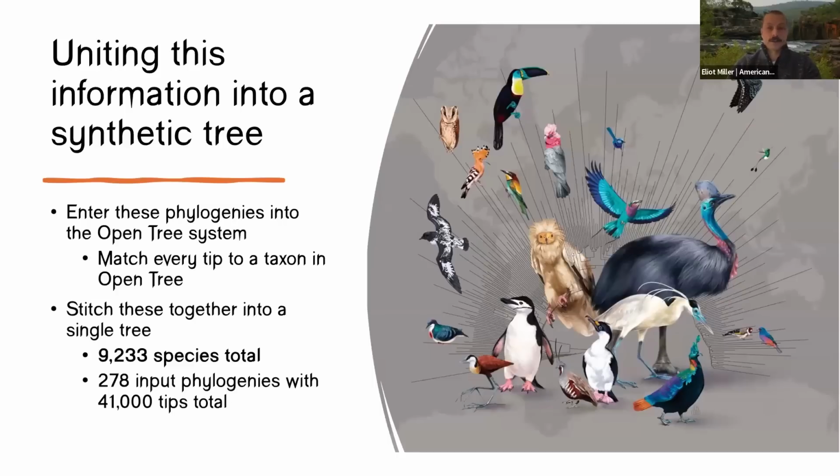Another thing to know for those who are interested, when phylogenies conflict with one another, which they do, we defer to the most recently published phylogeny as the sort of correct answer. And that allows things to evolve and improve with time, ideally. So hopefully by this point, you're getting the sense that as new trees come out, it's easy for us to just add them and improve the process.